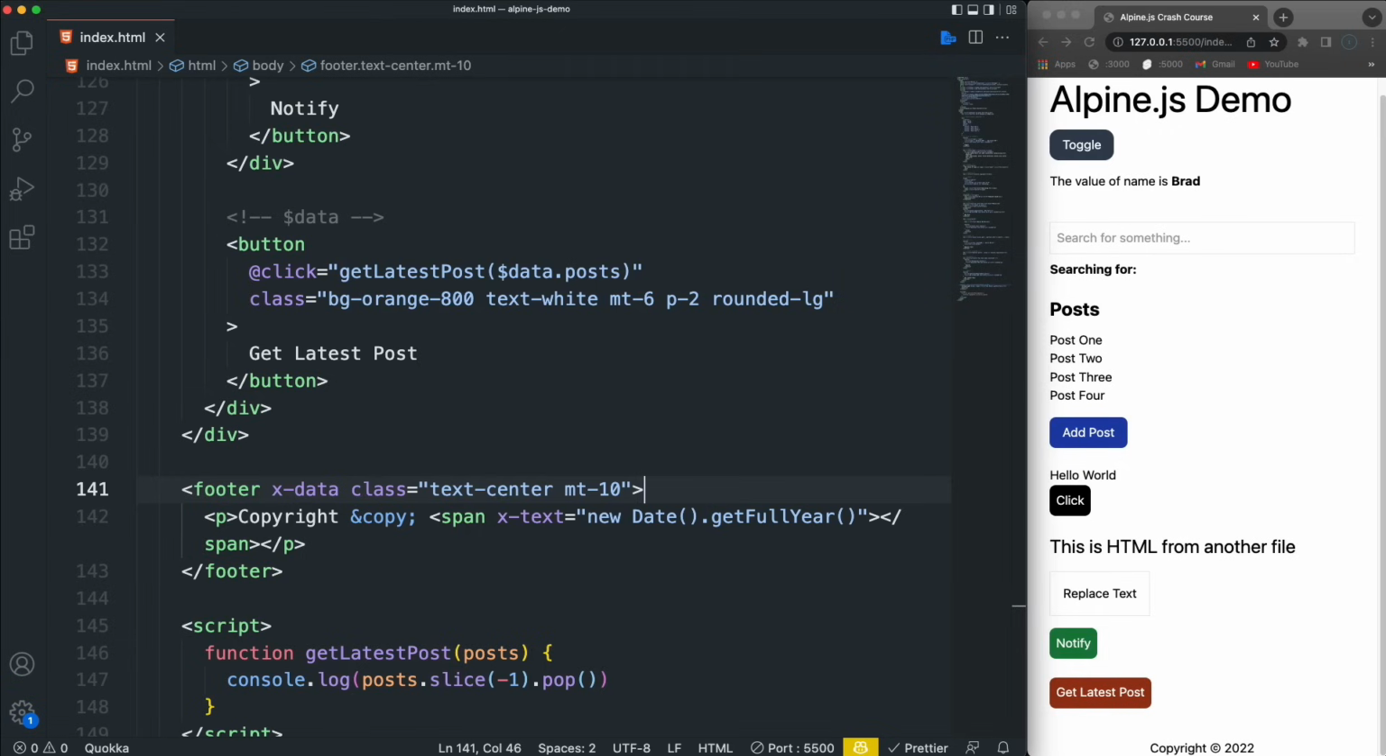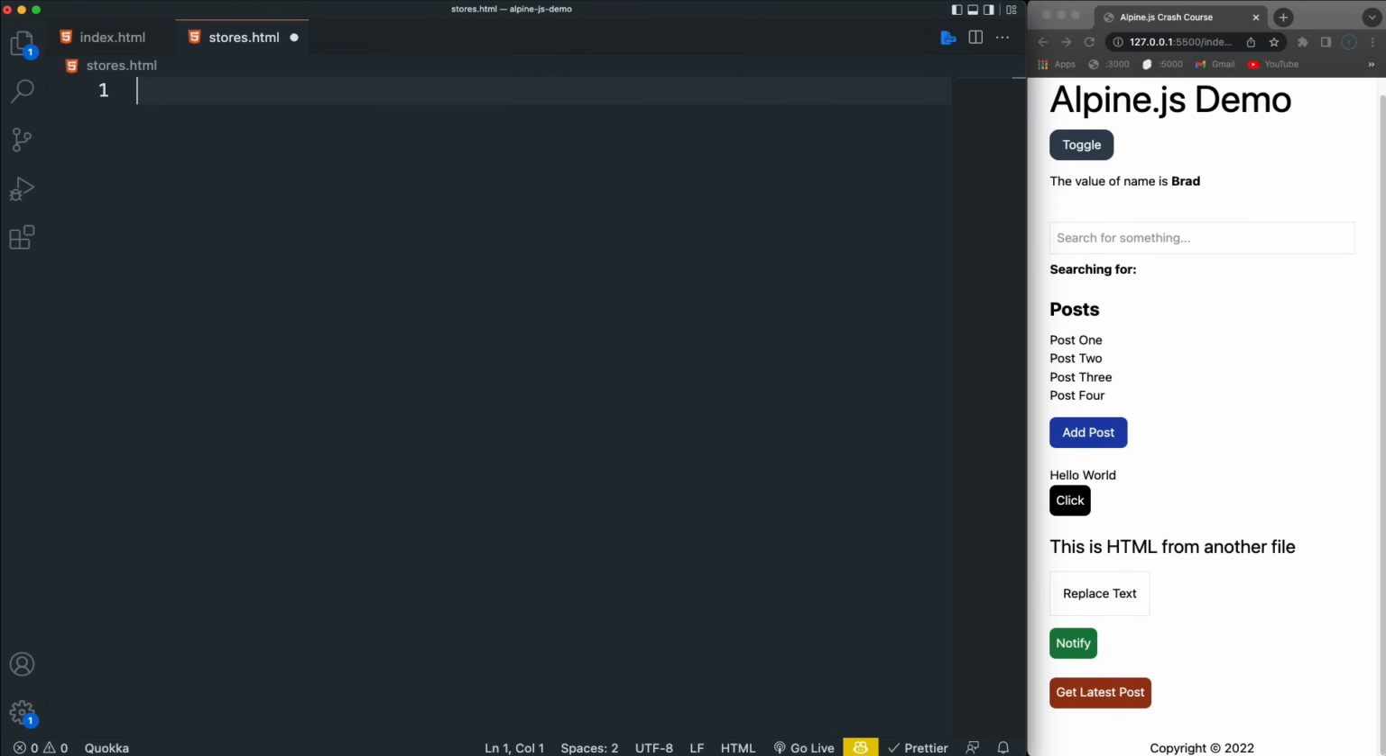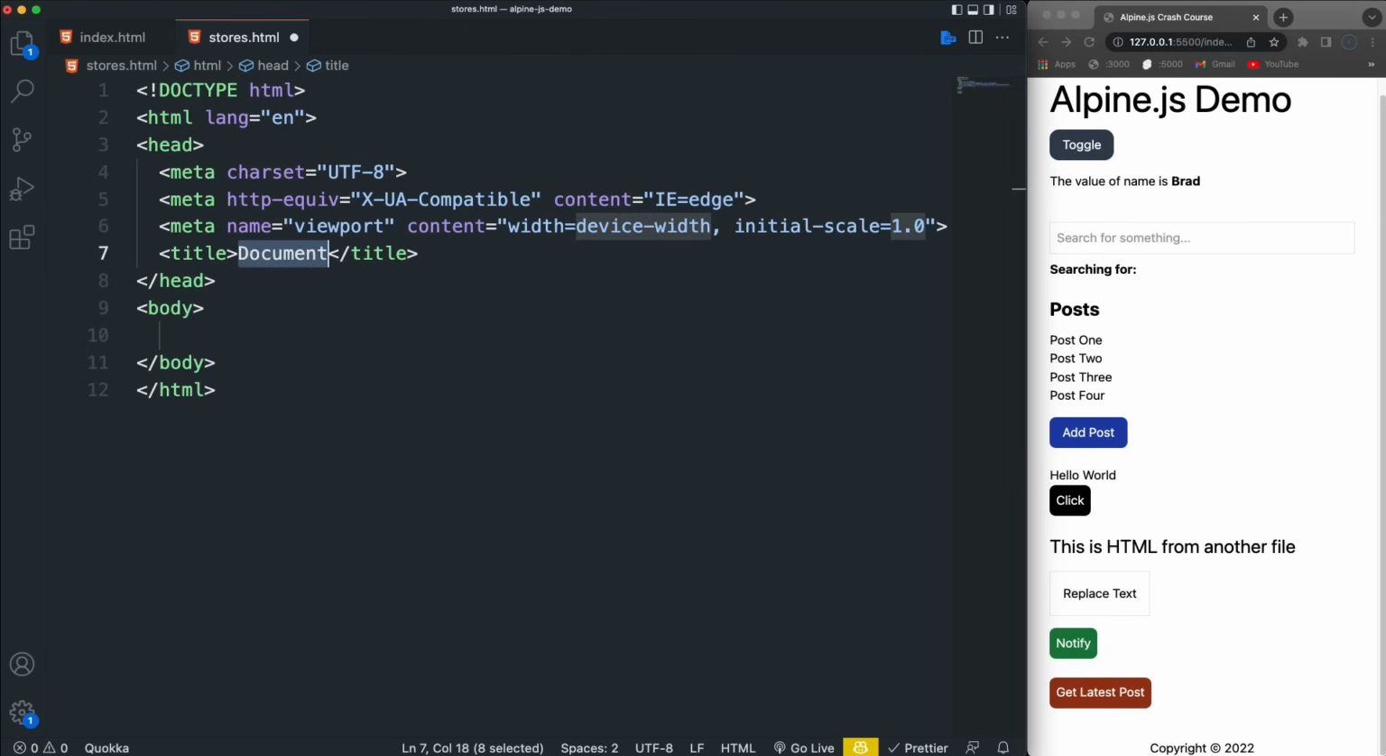I think we should look at stores next, which is pretty cool. It's a way to store data on the client side. So I think what we'll do is create a different file for this. So let's create another file called stores.html. And let's just create a boilerplate here. We'll just say